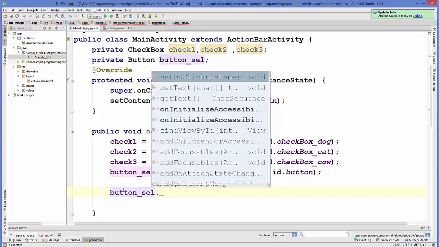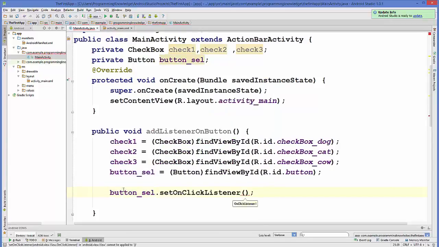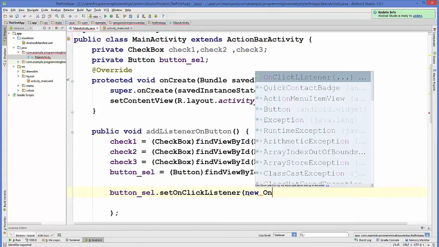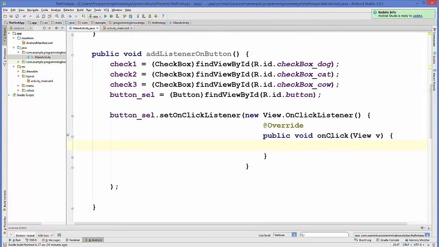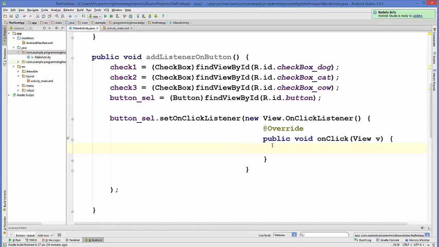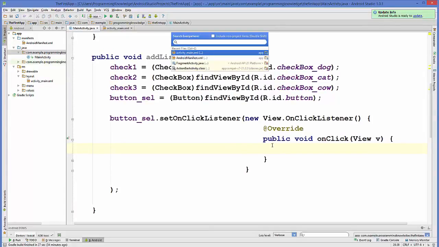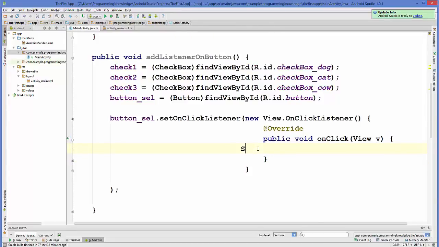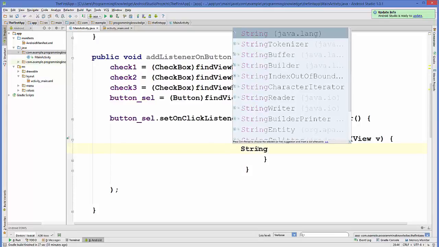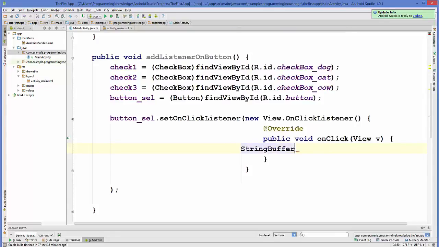Set on click listener, and in here in the arguments just press enter and we are going to create a new listener. So new on click listener, and this takes an argument, right? On click, yeah, right. So we will create a buffer, a string buffer. So in here we are going to create a string buffer